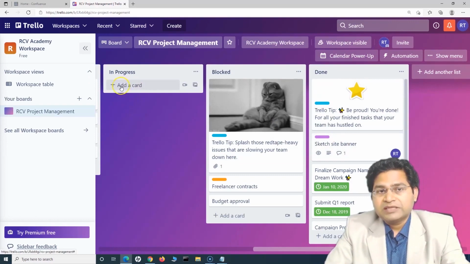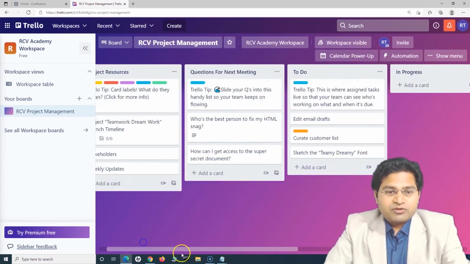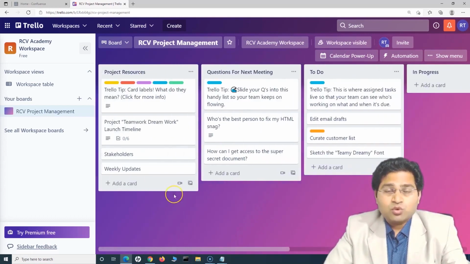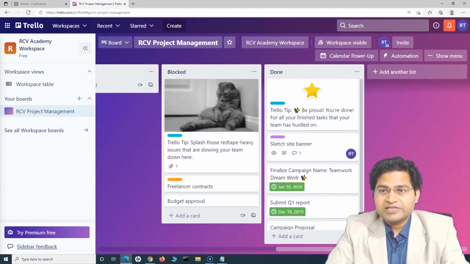If the work gets blocked, then they move the work item to the blocked column, right? So this is a brief project management workflow that you can get directly out of the template. Okay, in case you are not happy with all of the details in this particular template,